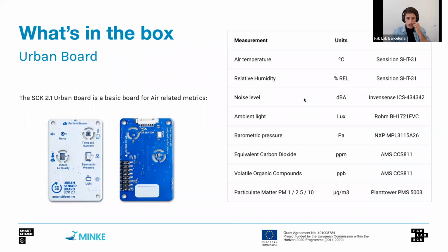Moving on to the next item, here we have the urban board. The urban board is a collection of sensors that is present in any smart citizen kit that measures air quality or air-related metrics. It has a selection of sensors that are well reviewed in literature that go from air temperature, humidity, noise levels with quite an advanced noise level processing, giving data in different scales adapted to the human